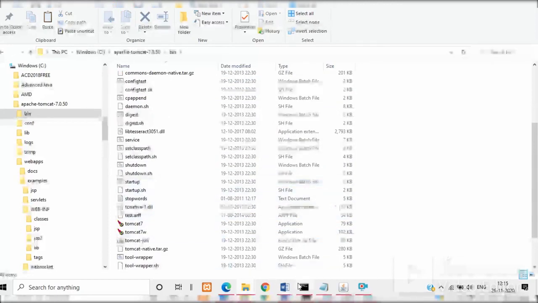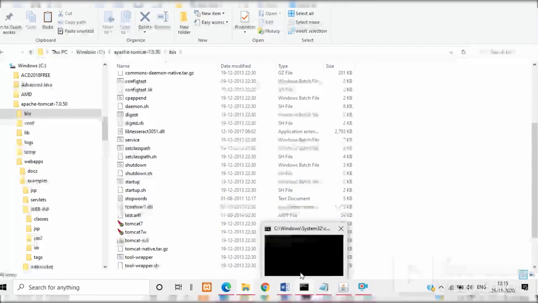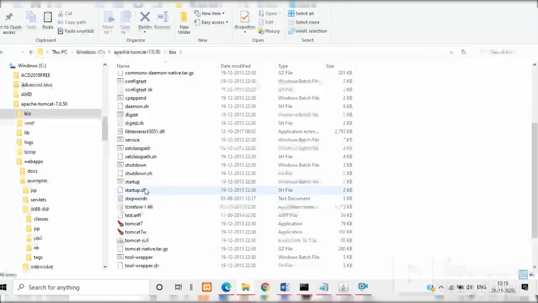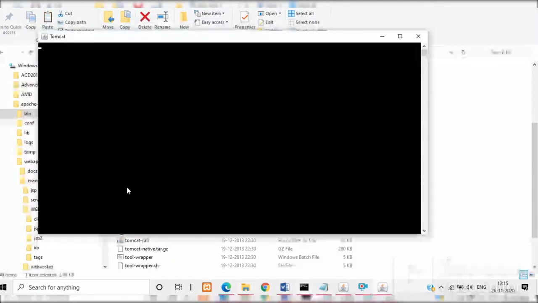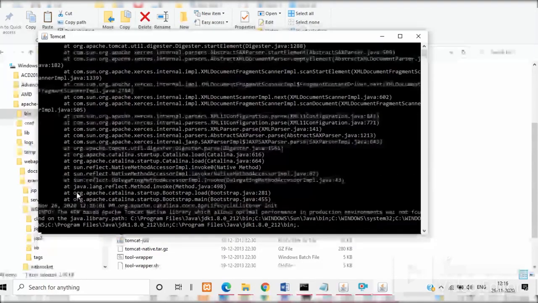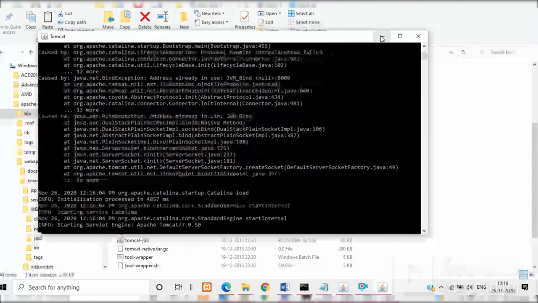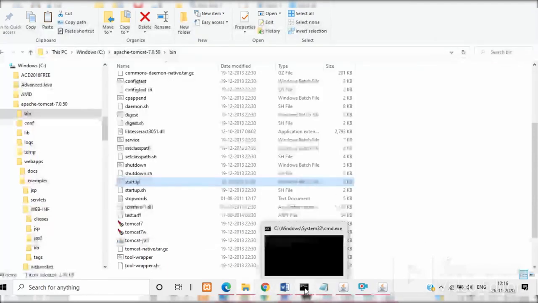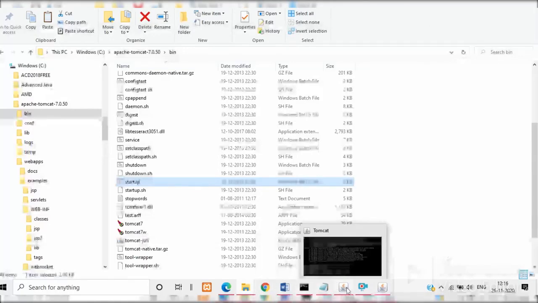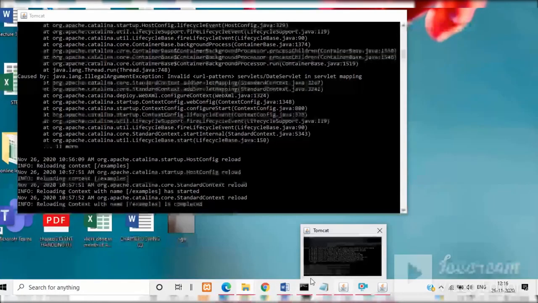Just click on this. It will start the Tomcat server. It will open another command prompt for running this. So now there are 2 command prompts, 2 applications. This is your Tomcat server.